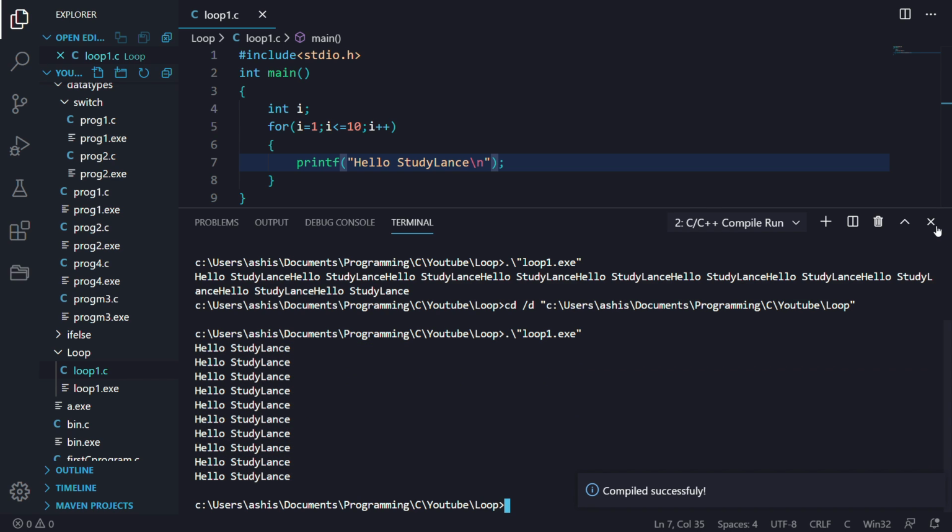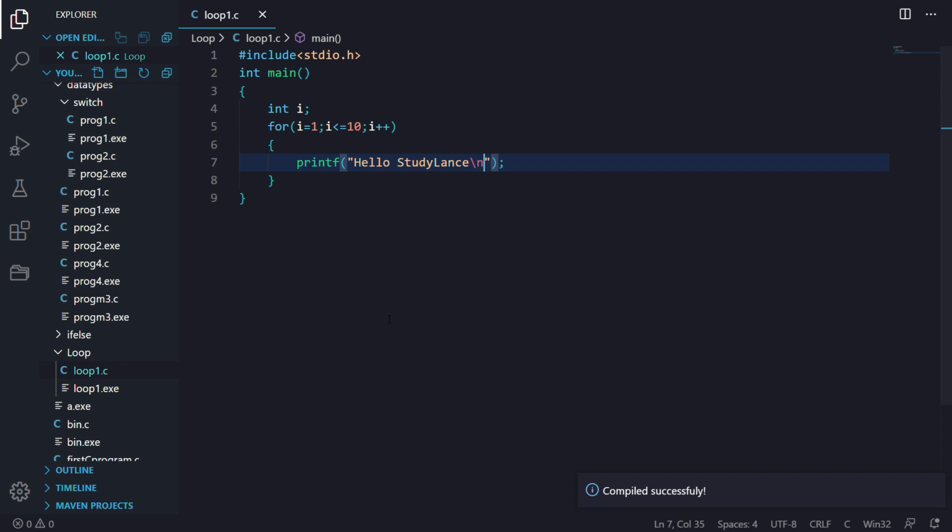Now let us understand this program. First of all, I have declared a variable i. Then I have initialized it with 1. And then the condition is checked. Is 1 smaller than or equal to 10? Yes, it is. Then the statement is executed, that is hello StudyLens. Again, the iteration part changes the value of i to 2, and then 2 is checked if it is smaller